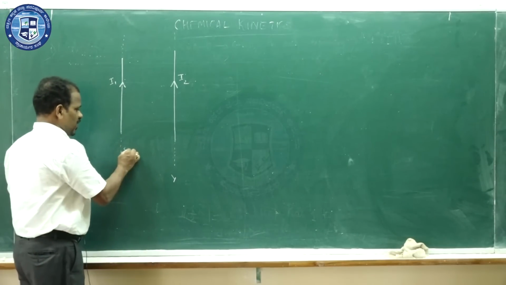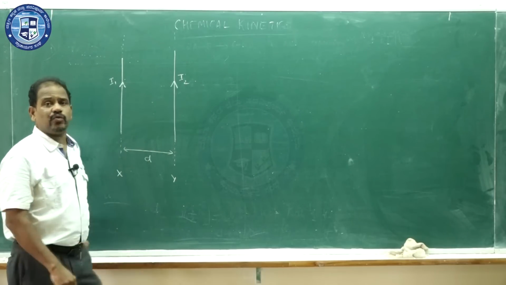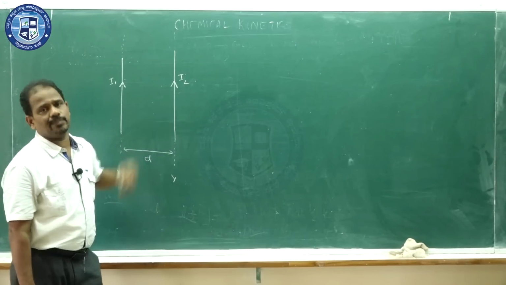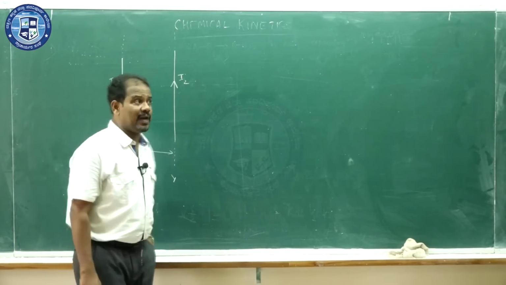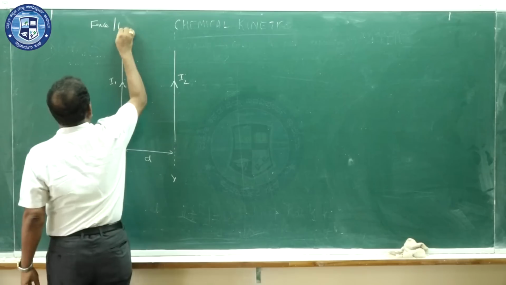These two conductors are separated by a distance d. We need to calculate the expression for force between the two. Since they are infinitely long, we get an expression for force per length. So, force per length